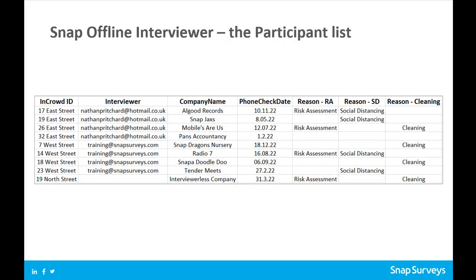In SOI, your database of participants is uploaded, and these are distributed to the different interviewers out in the field, with different interviewers potentially having a different set of participants to interview. Equally, they can all share the same list. There is lots of great functionality available for surveys conducted within the SOI app, and I'd certainly advise having a watch of the extended Snap Offline Interviewer video on our support hub to ensure that you're making full use of its rich feature set. Today though, I'm going to focus solely on the Participants feature.